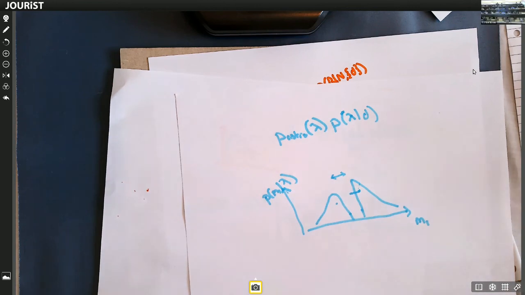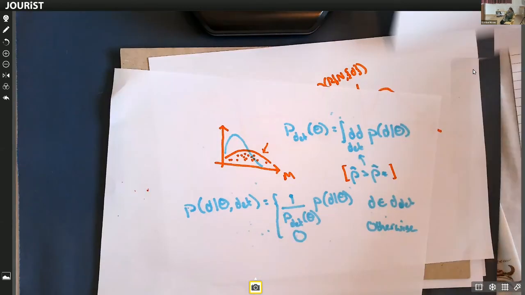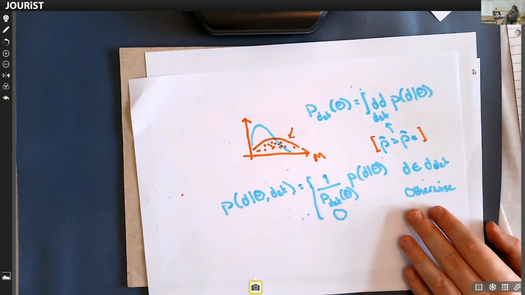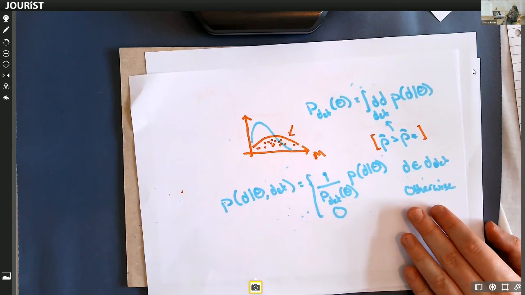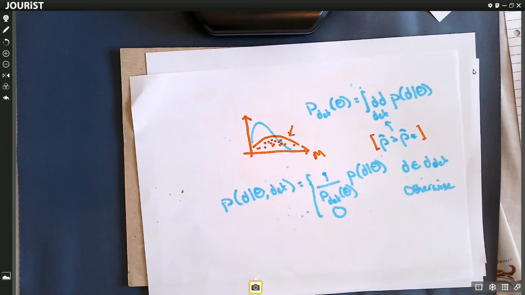I have one question about the selection effects. The integration is over only the detectable events, right? So is it possible to compute the p det of theta from the events that have been detected till now, or does one need to do an injection study for that? One really needs to do an injection study for this.